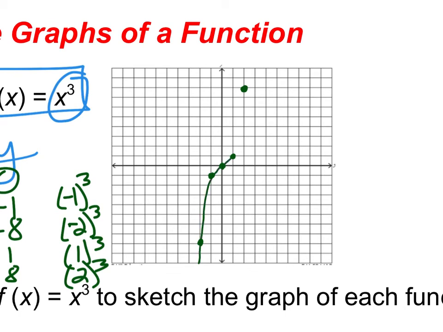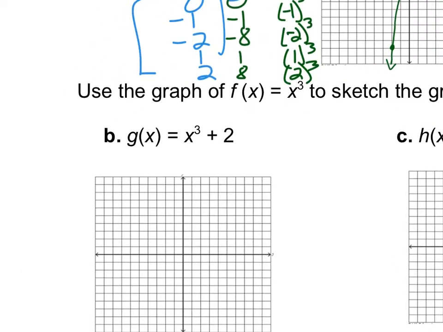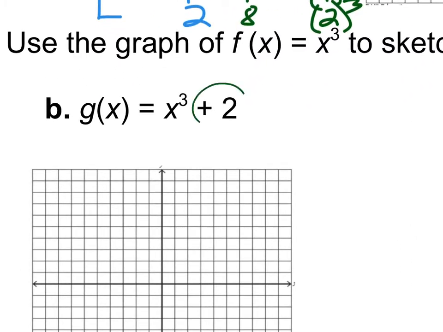So we know it's going to look kind of like an S shape, kind of curved. There we go. And then arrows in both directions. So there's our parent function. So what we're going to do is all those points now are going to get shifted. So letter B, because we have this +2 at the end, we're going to take everything and move them up